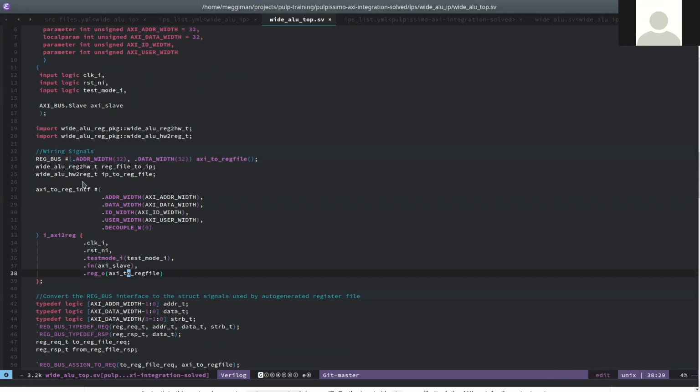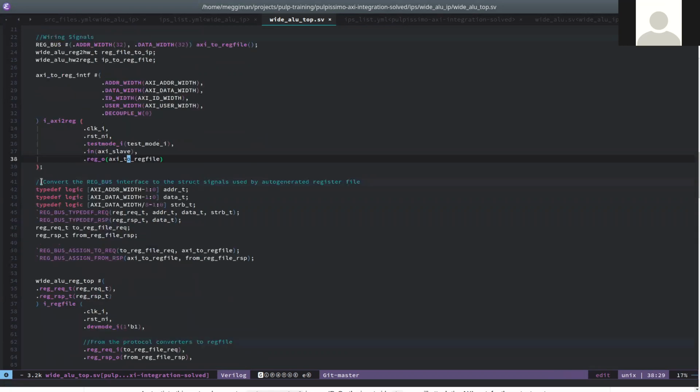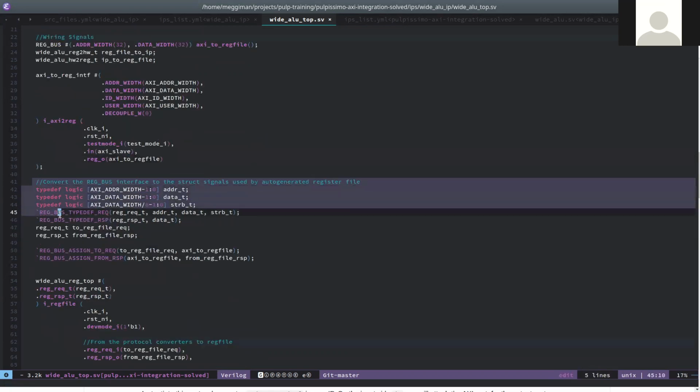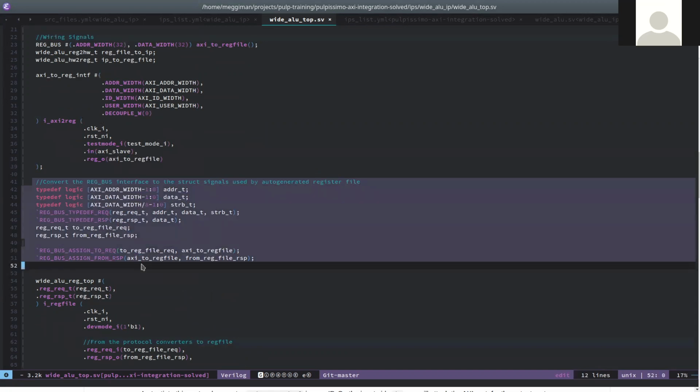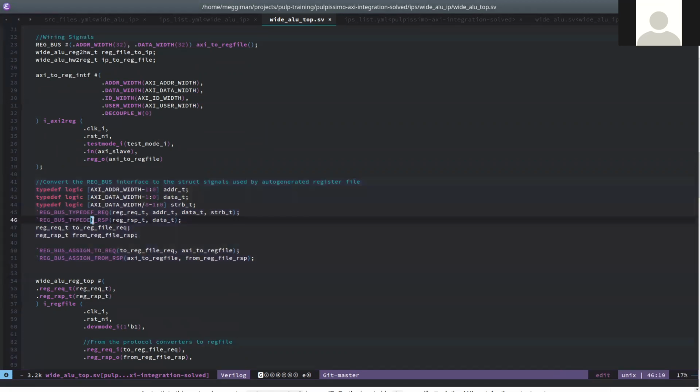register file, and now comes the ugly part, the conversion between SystemVerilog interfaces and SystemVerilog structs. I'm well aware that this part is not that nice to understand if you're not well versed in using, for example, the AXI IPs from the AXI repository. They use this style extensively, but for the others, this might look very unfamiliar. And I can only suggest you to,